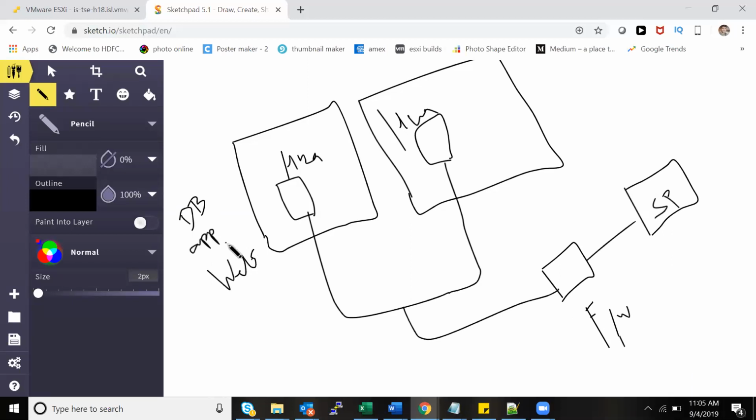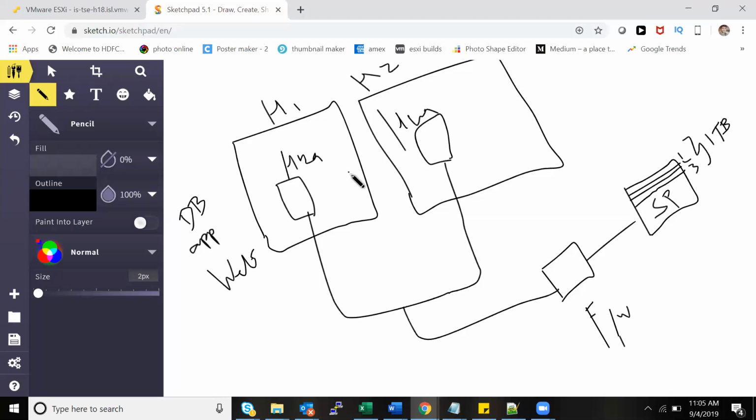So what you'll do, you'll inform the storage team and ask them to create 3 LUNs: LUN 1, LUN 2, and LUN 3. Let's say they are all 1 TB. Now, how do I present these LUNs to my host 1 and host 2 is the question.